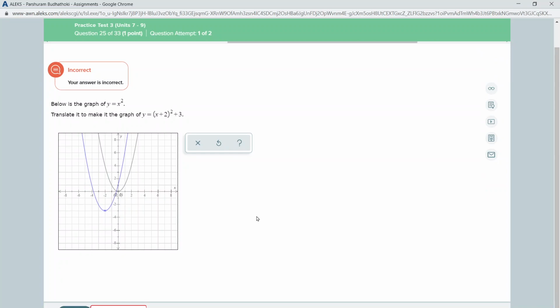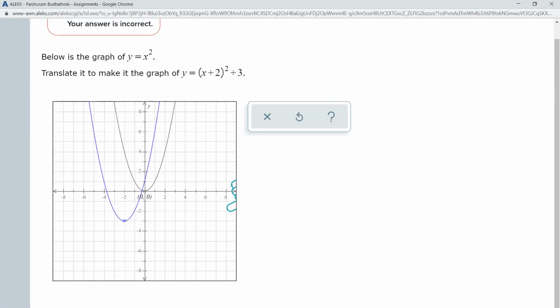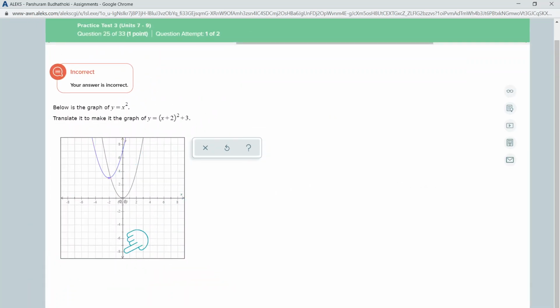Wow, incorrect. Why is that? Shifting 2 unit left and 3 unit down. What I did here, (0,0) goes to (-2,-3). When x is -2, that is +3. Sorry, it's not down, it's up. +3 means vertical shift up, my bad. So you take this graph, (0,0) goes to (-2,+3). It goes up because there is a +3, my bad. Okay, so recheck,